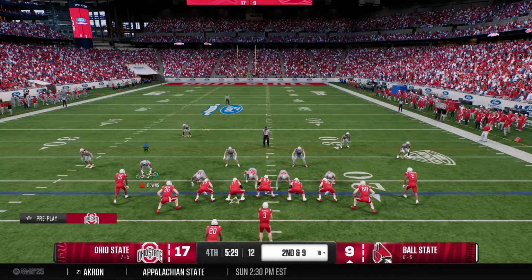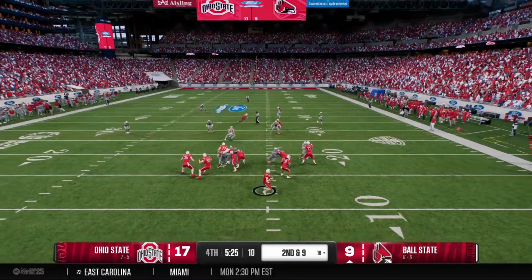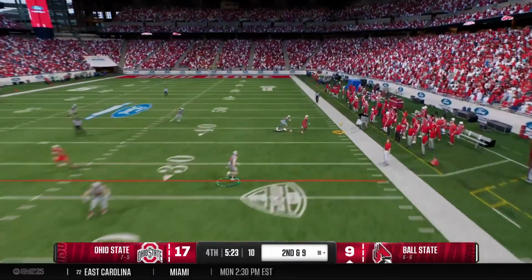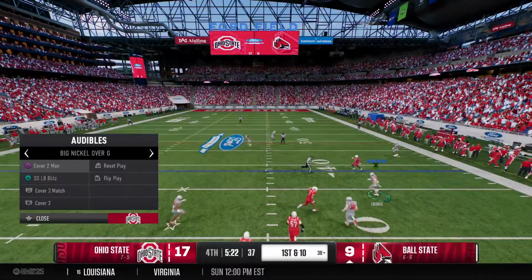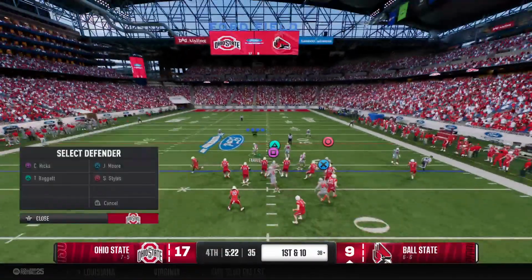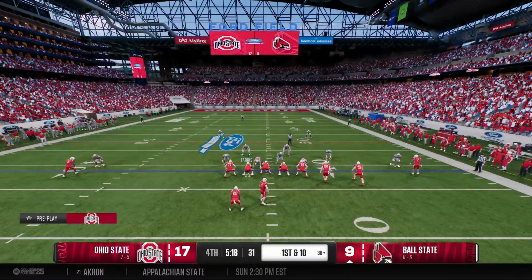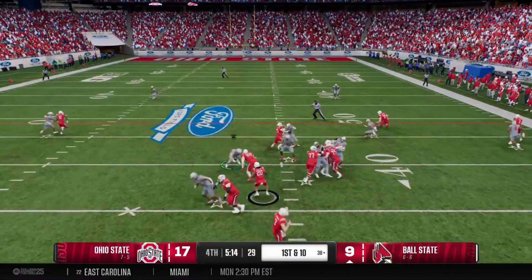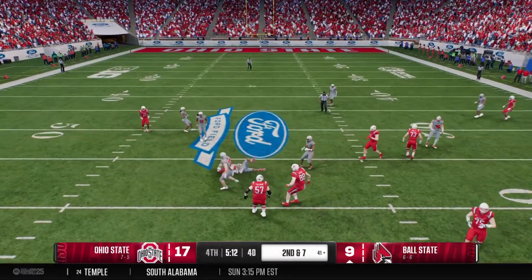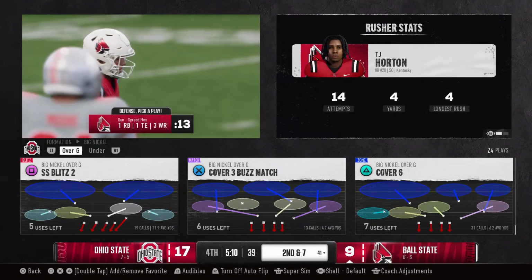It's 2nd and 9. Trying play action. Fires to the wideout. Tremendous awareness along the sideline and the ability to get the foot down for the big pickup. This is the moment for this offense to put a drive together. It doesn't matter what's happened up to the point of this game, but you're trailing right now. You've got to put some points up on the board. This is where all 11 guys need to be playing together as one.